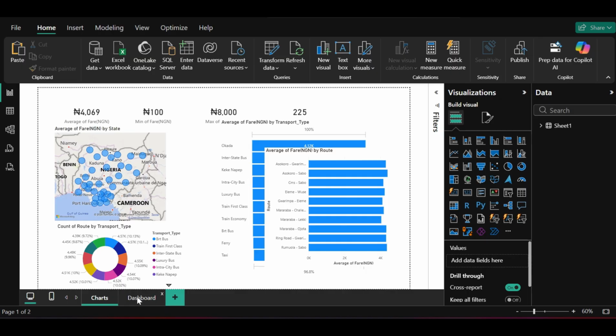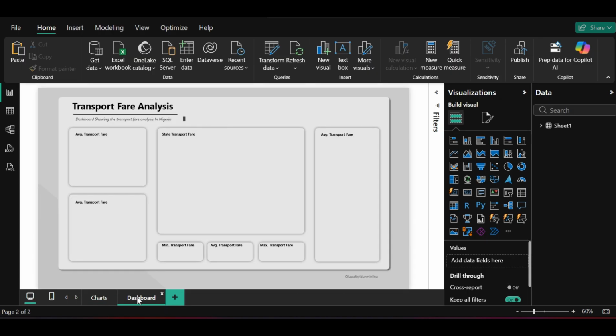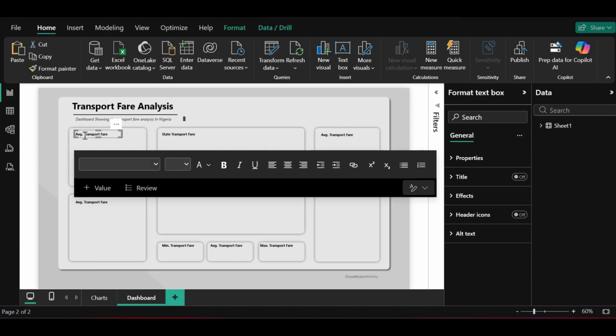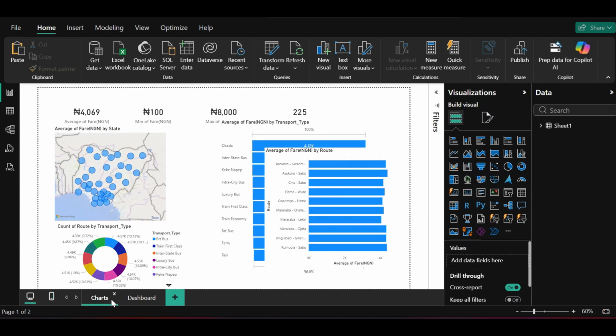Route transport. Okay, transport type, route and transport fare. Transport type. How should we name that? We need to name it professionally so that you know just